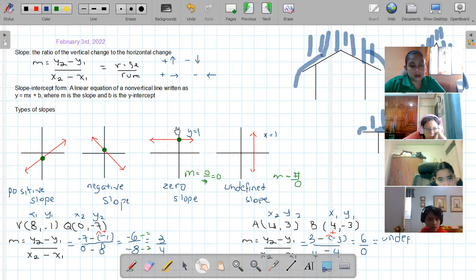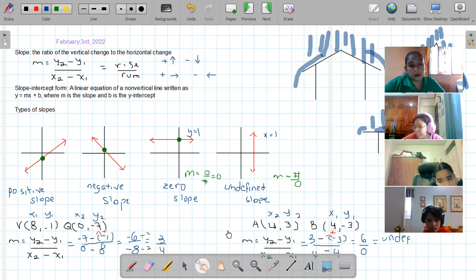You can see this is the coordinate plane. On the top, the positives. That's why it goes up. At the bottom, negatives on the y. That's why the rise goes down. Run, positive on the right. On the x-axis, we have the positive numbers here and the negative numbers here on the left. So it makes sense. Then we defined slope-intercept form as a linear equation of a non-vertical line written as y